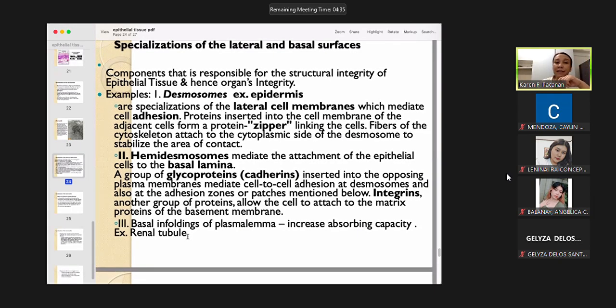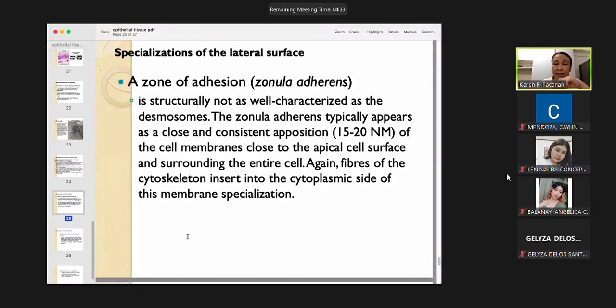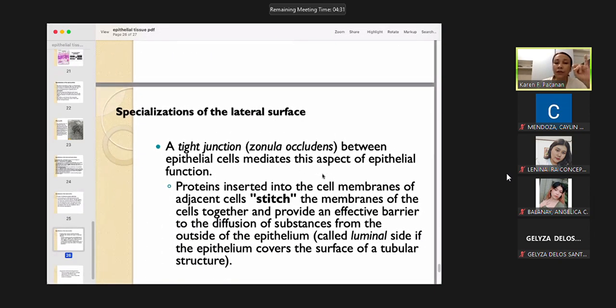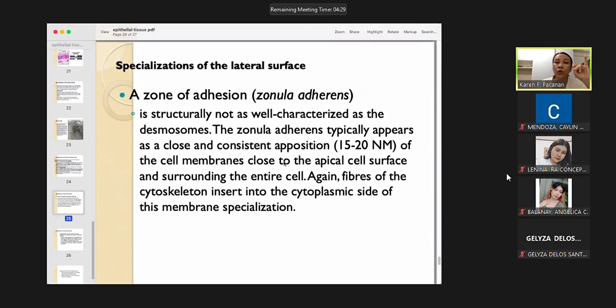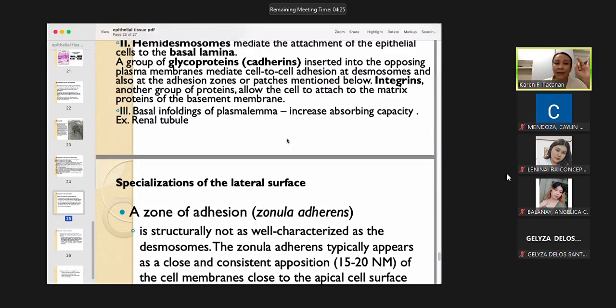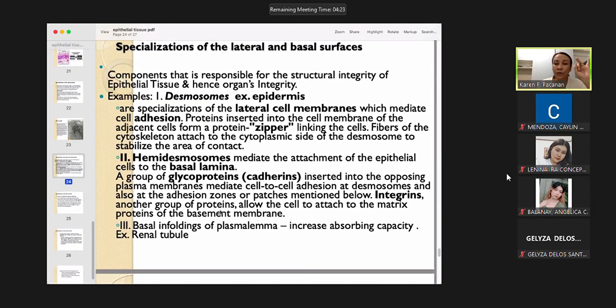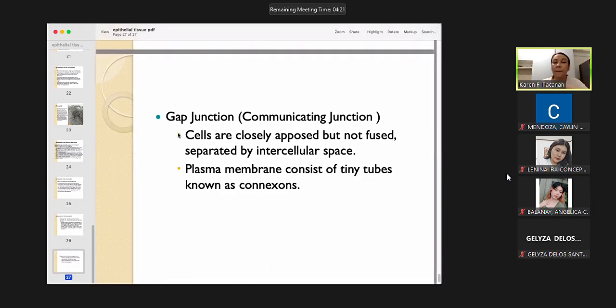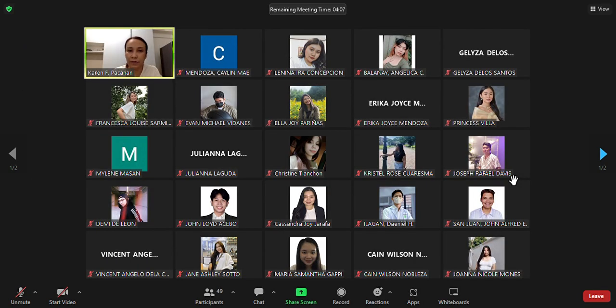For the specializations found at the lateral surfaces, number 1 would be zonula occludens, 2, zonula adherens, 3, desmosomes, and number 4, gap junction. Okay, so those are the examples of the cell modifications or specializations found at the different surfaces. Okay, so that's the end of our discussion about